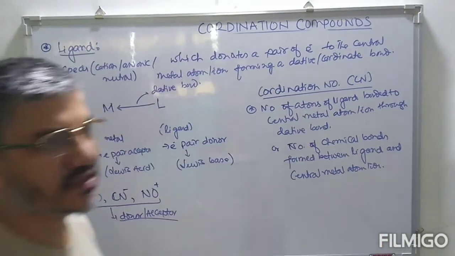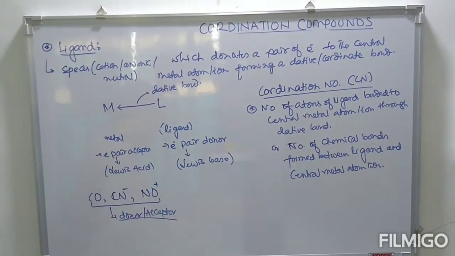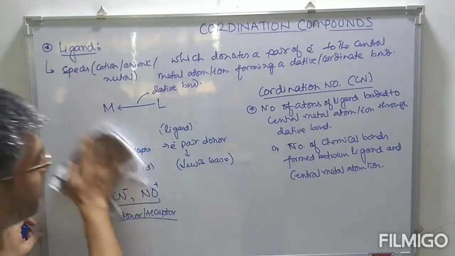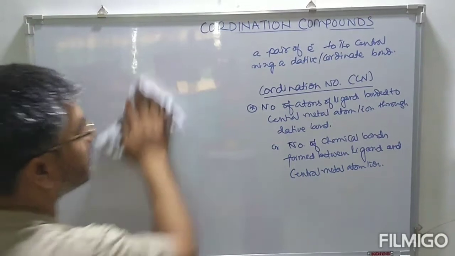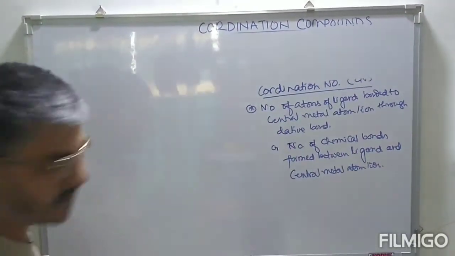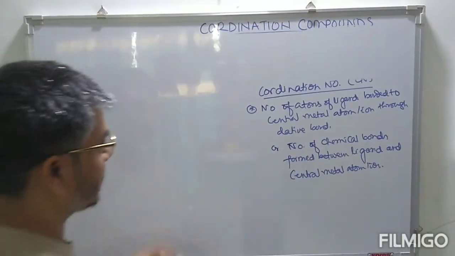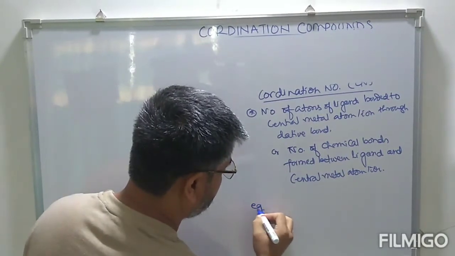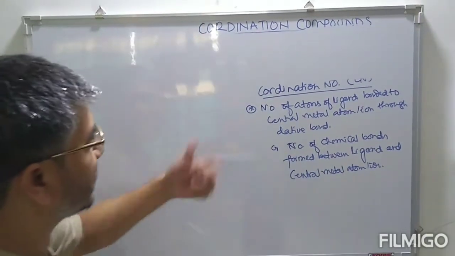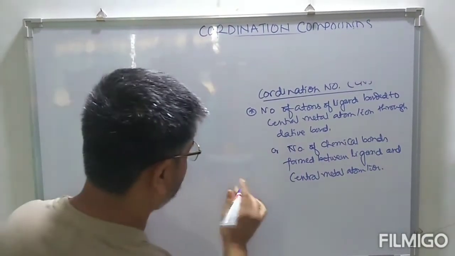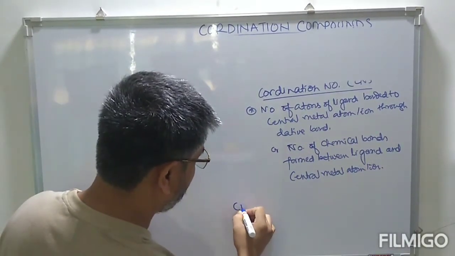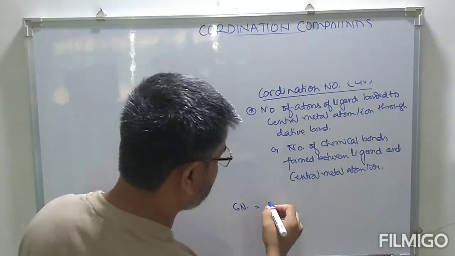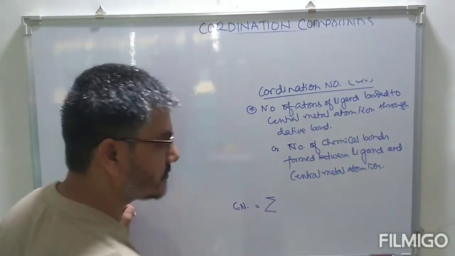That is also defined as coordination number. Now to define this, we have a formula. Coordination number is equal to the summation of